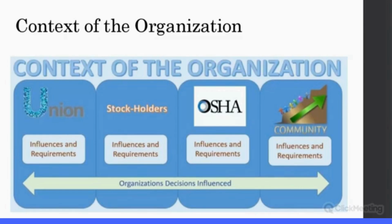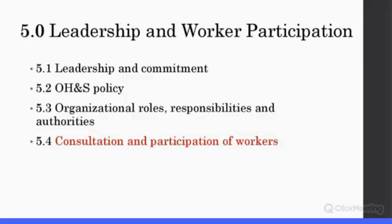Gives me a chance to drink my coffee. Okay, if you can think of these, chat them in. I'm looking for some help here. Okay,